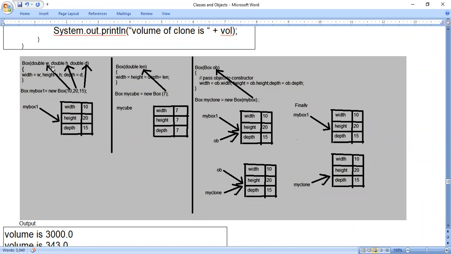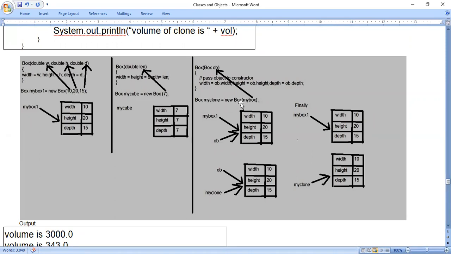Whenever it is done like that, look at the arrow marks here: on the receiving end, a variable compulsorily should be there. You cannot use constant values. For example, I cannot say double 10, double 20, double 15, or double 100, double 200, double 300, like that. Constant values you cannot use. On the receiving end, a variable must be there. That means the formal parameter should always contain variables, whereas actual arguments can contain values or variables. Both are allowed.